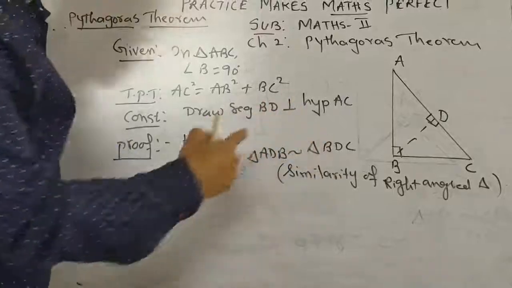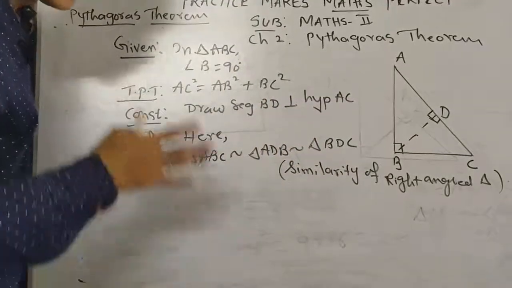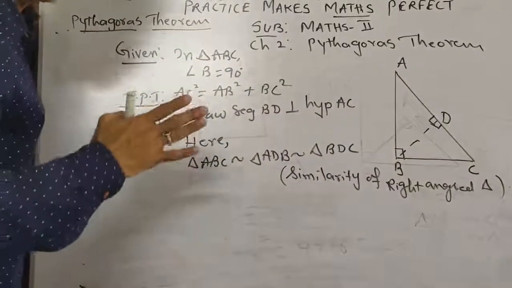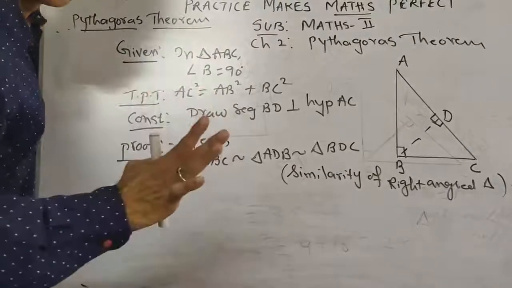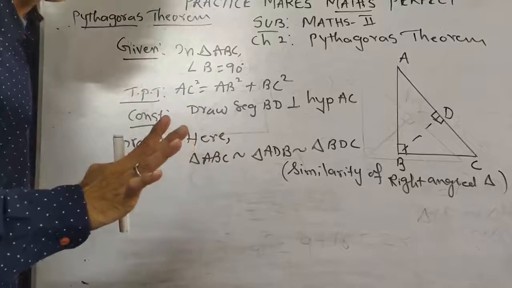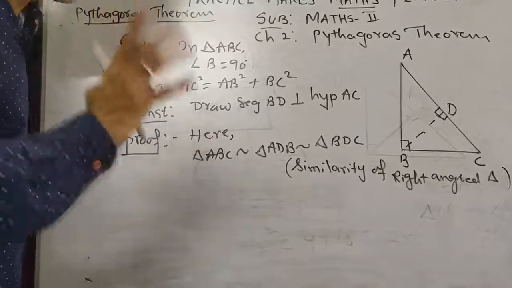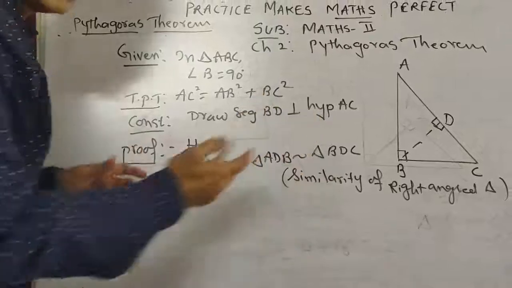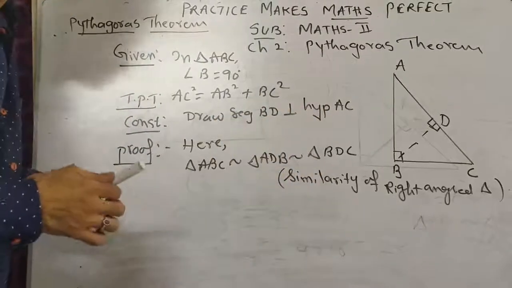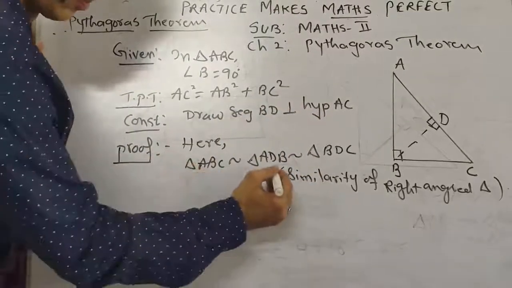There are three right angle triangles. And all of you know very well, just now I told you, all the three right angle triangles are similar. There is no need to prove similarity. They are similar under the similarity of right angle triangles. So first of all, we will take these two.